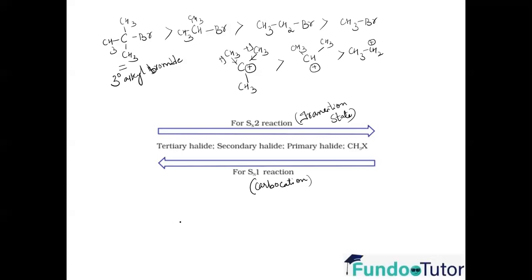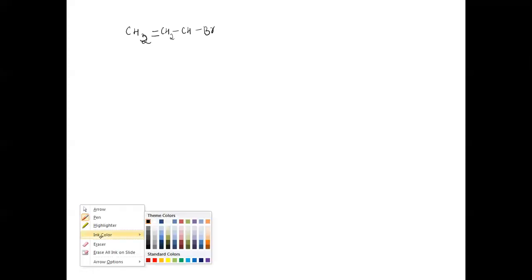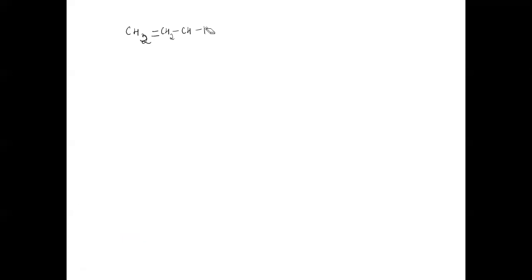So yes, now again, allyl or benzyl alkyl halides. For example, what is the allyl group? What is allyl? Can you tell me? This is an allyl bromide, right? So if I take this halide, let's take X here. If the carbocation intermediate is being formed, for example, it is proceeding through an SN1 reaction, then the intermediate which is formed here is